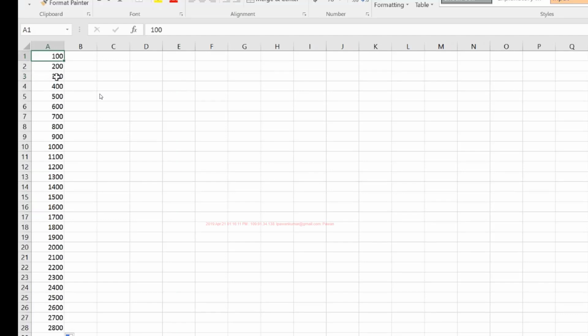Whereas for sorted tables, it will divide the whole rows into half. So out of 28, it will go to the 14th row and check if this is 1600. If it is not 1600, then it will check whether for 1600 it should go up or down. So 1600 is greater than 1400, right? Whatever it is checking now is 1400. It will compare the value I'm asking it to find, and that value is greater than the current value, so it will divide the remaining into half. Then it will hit the middle path.